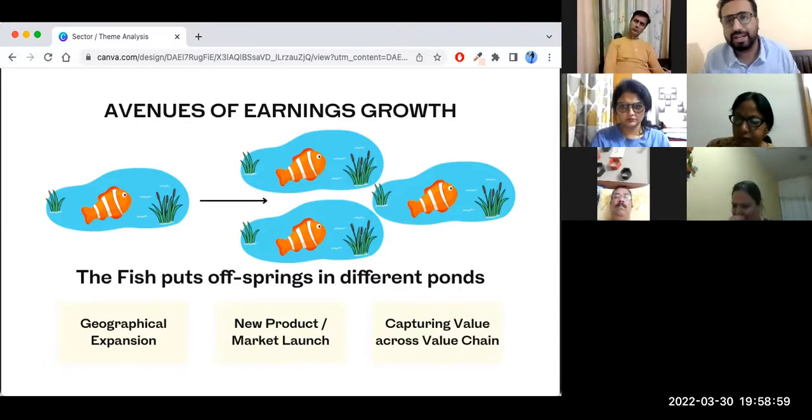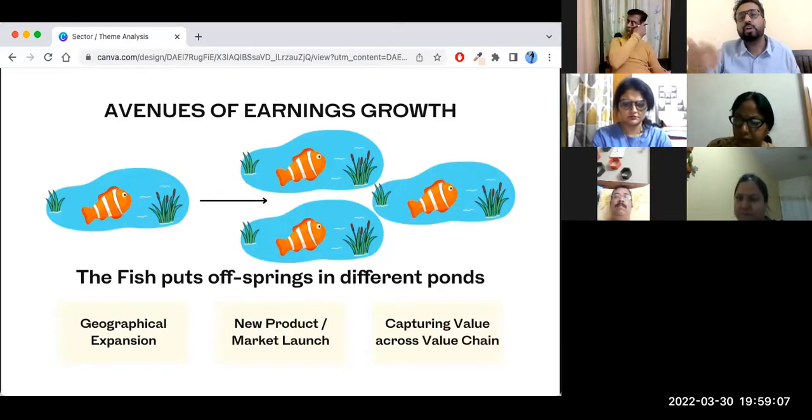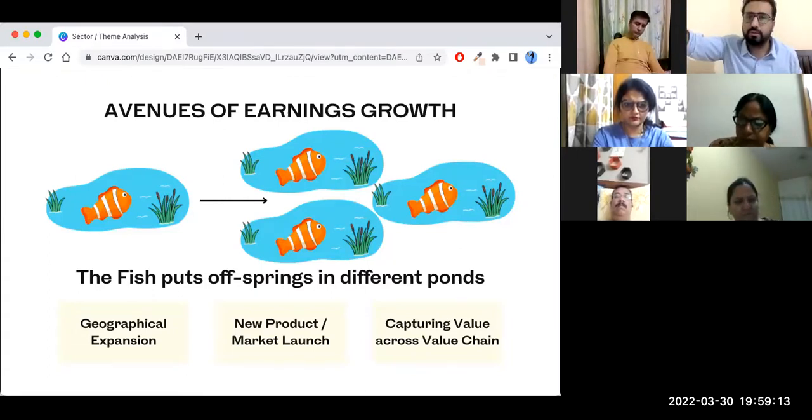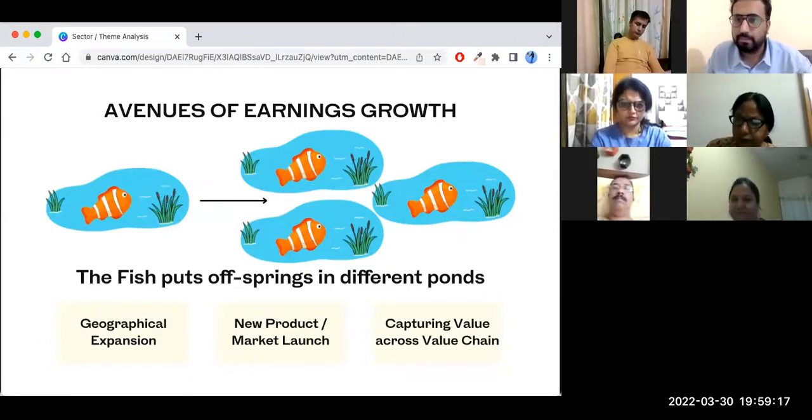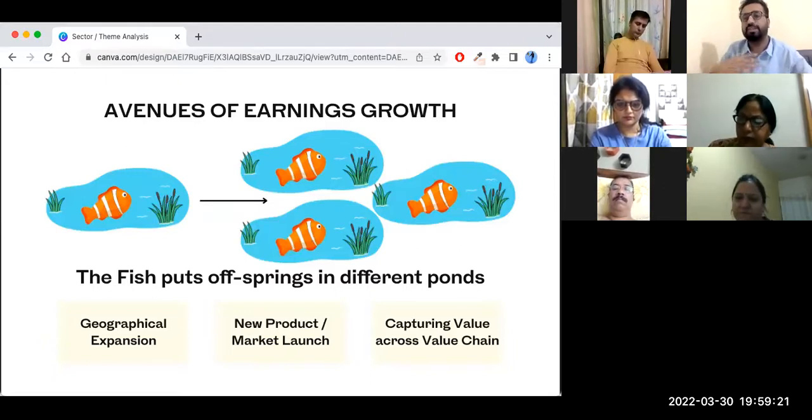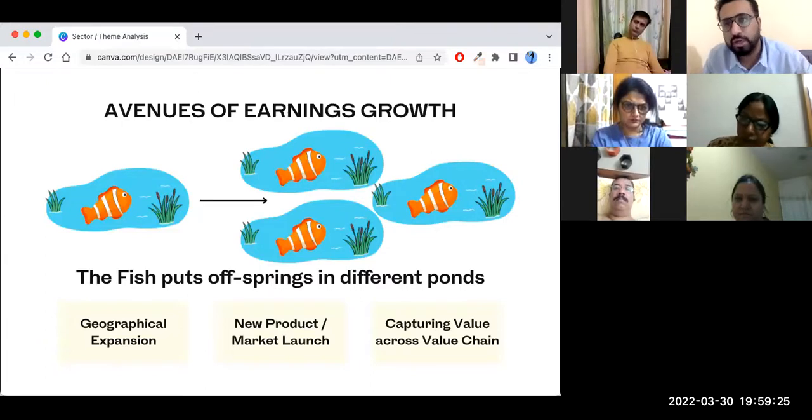The example that I gave was Maruti Suzuki getting into manufacturing of batteries. So they not only get cost advantage, but think about it. They can also sell these batteries to other car manufacturers. So they also get growth from the battery sector, plus they get cost advantage for themselves. So that's capturing value across the value chain.